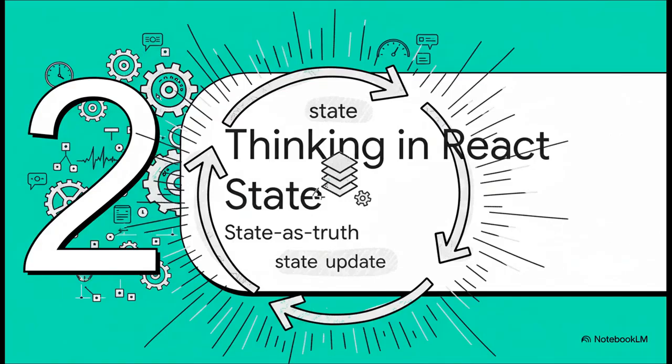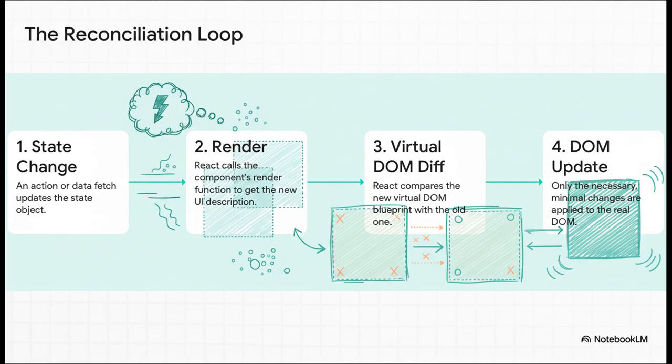Okay, so let's dig into that idea a little more. How does React actually manage this whole state-driven world? Well, it all comes down to its core update cycle. This right here is the engine of React. When your state changes, React doesn't just throw away the whole page and redraw it. No way. It creates a new virtual blueprint of the UI in memory, compares it to the old one to see exactly what's different, a process they call diffing, and then it performs the absolute minimum number of surgical updates to the real DOM. It's like a master surgeon instead of a wrecking ball,